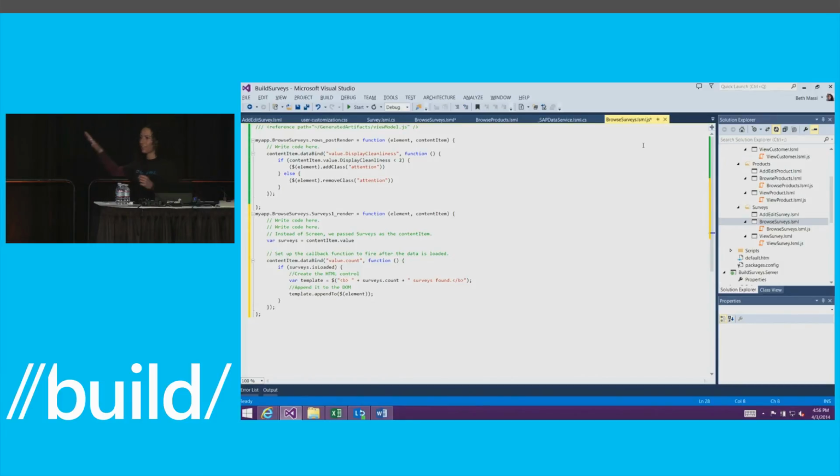Now you can imagine there's widgets all over the place, like jQuery libraries and widgets all over the internet. You can go to NuGet and add one in here. And this allows you to say, okay, I'm just going to create my own control and use the content item as the data bind, all right? So now that we've got all that,